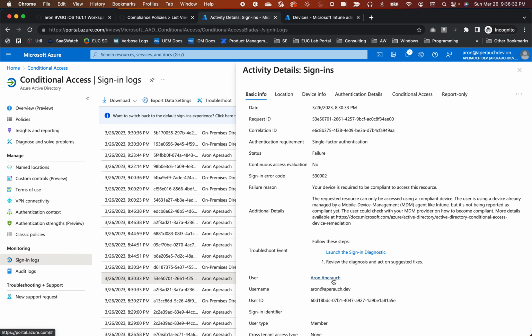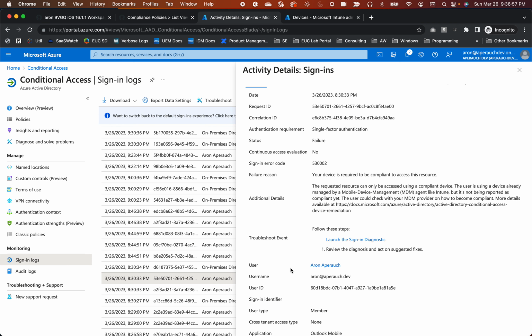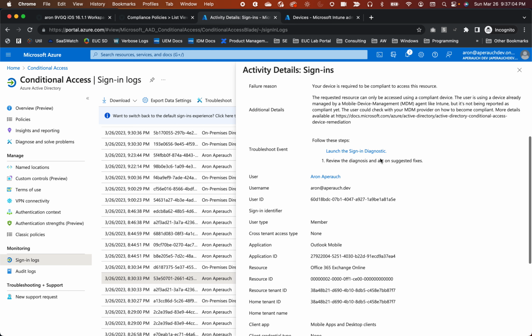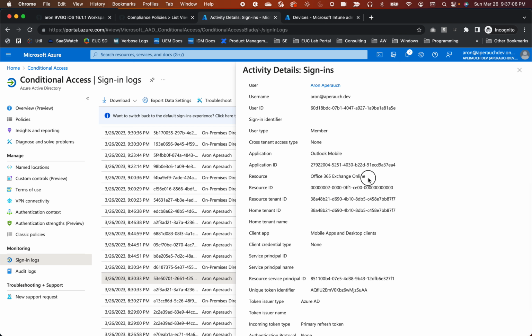And so if I click on failure, I get more details, and pay attention to this error code 530002. For this error code, the reason for that error code is here. So your device is required to be compliant to access this resource. And then there's some more details about the device needing to be compliant. And then of course I can see the user account it's impacting. There's a correlation ID here I can use to trace everything. I can see the resource in question,